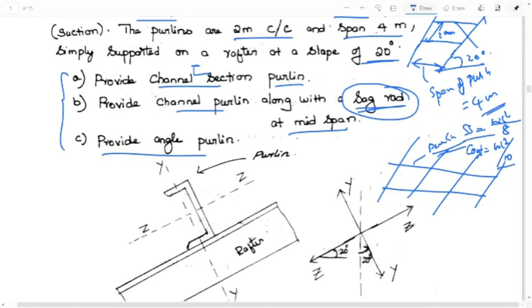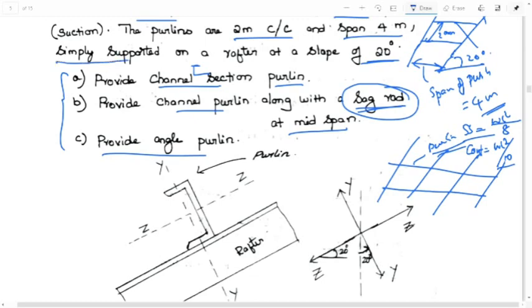You are aware of this WL square by 8, right? If a beam is subjected to a UDL over its entire span of length L, WL square by 8 is the expression for a simply supported case, right? If it is considered to be continuous, WL square by 10 is to be used. If it is given in the question, you have to adopt that. If it is not given in the question, it's your wish.